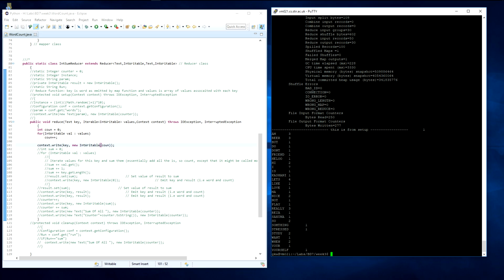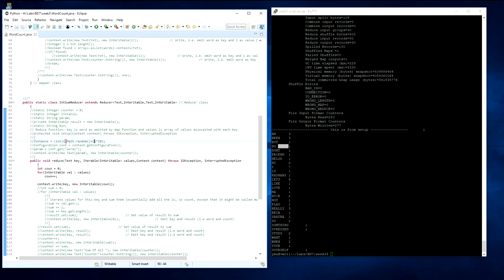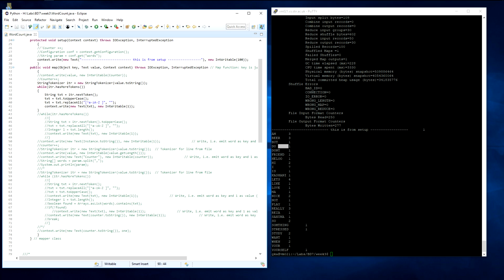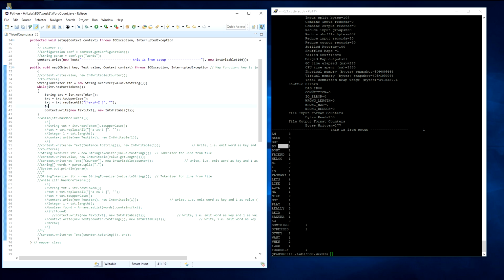You see, as you can see, it is sorted as well. Beers 3 times, part 1, do 1. This is the reduce. Okay, because in the lab we had that one, what about if I, here instead of the text, I put an integer